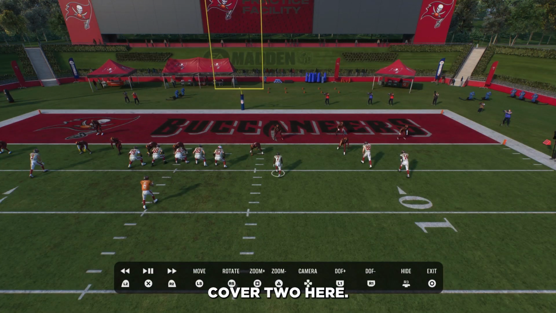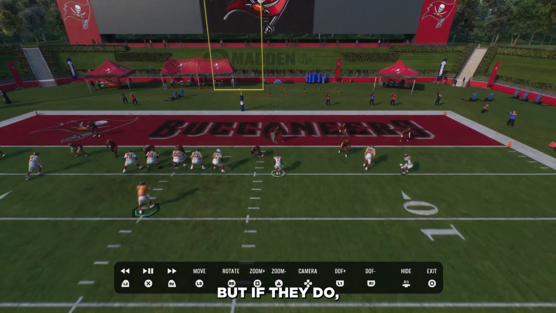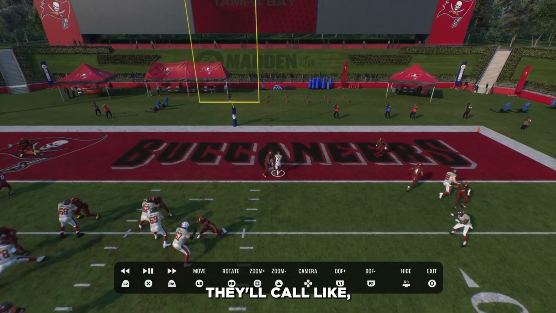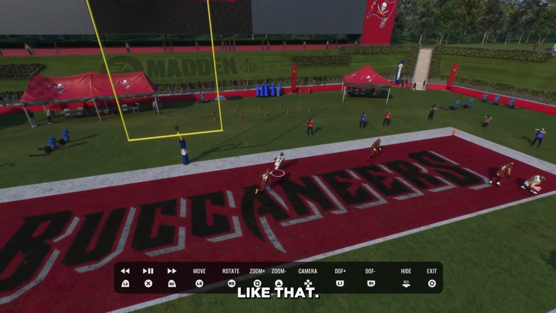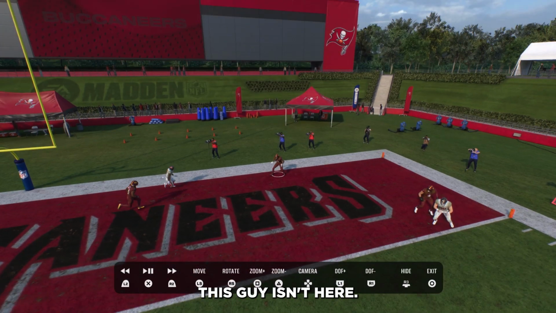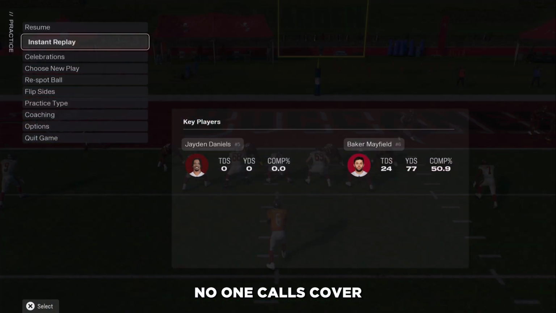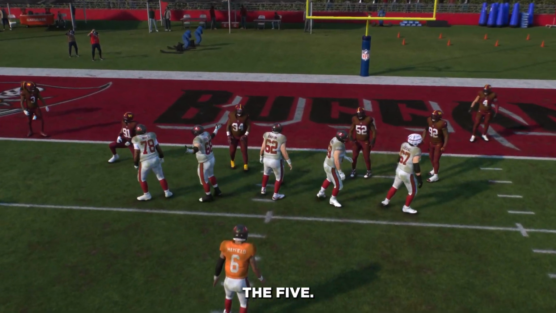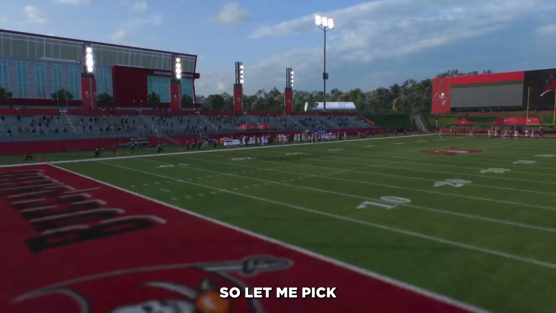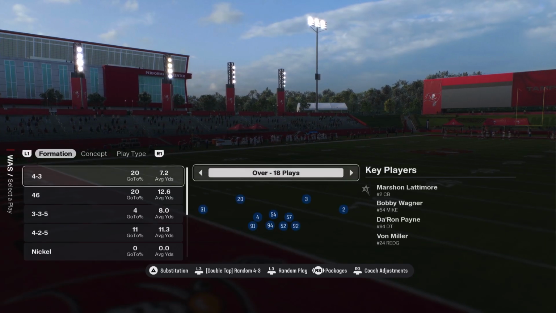No one calls cover 2 here. But if they do, a lot of times they'll call like cover 0 or something like that. And imagine this guy isn't here. This is an easy dot. Like it's wide open. No one calls cover 2 inside the 5 though. That's insane. So let me pick a different man